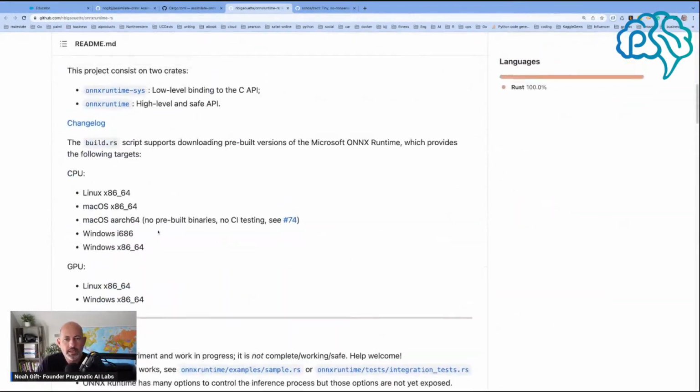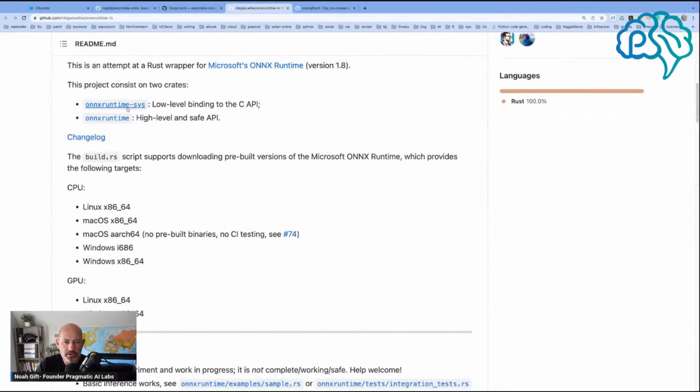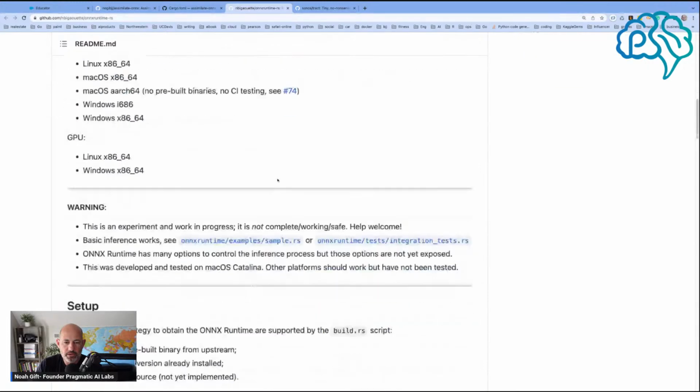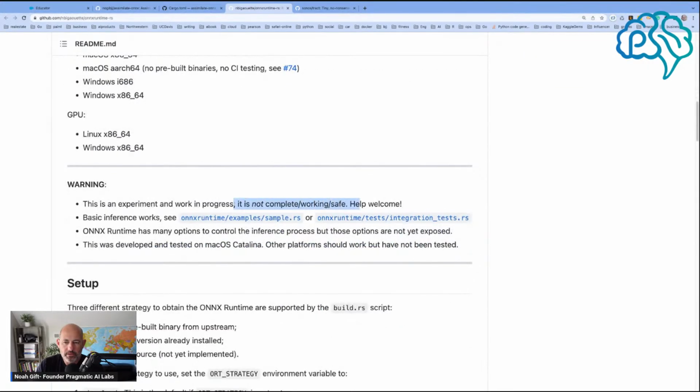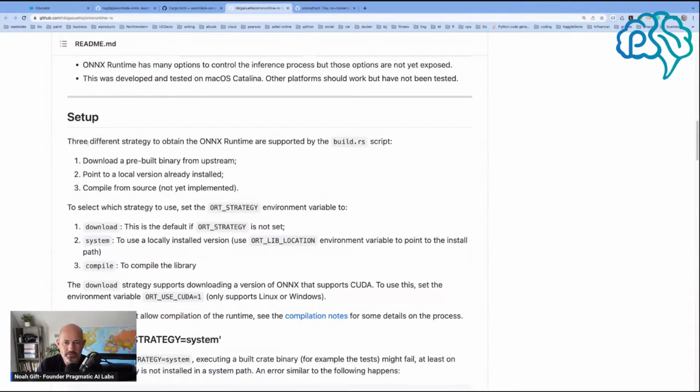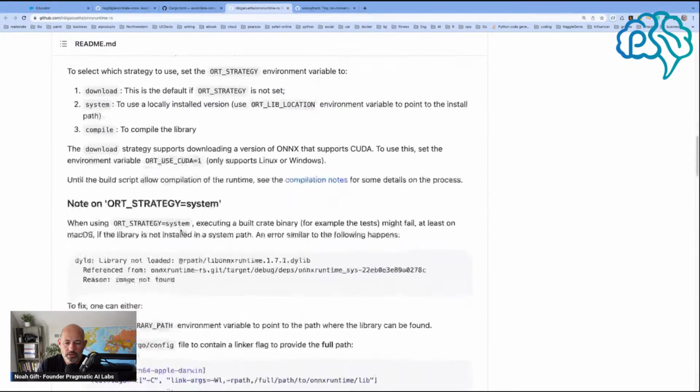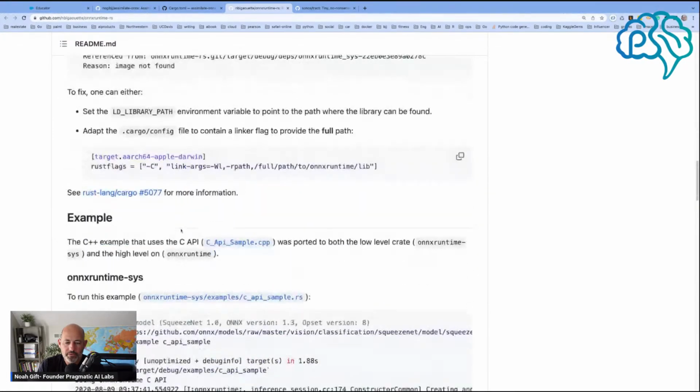So it says this is an attempt at the wrapper. We have this and this. The build script supports downloading. It's not working. Okay, well, but let's see here. There's three different ways to, oh, I see. Maybe I didn't install it. So download a pre-built, point to a local version, compile. So to select it, for example,